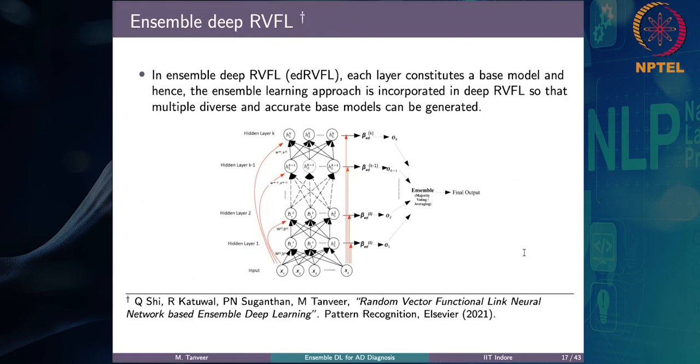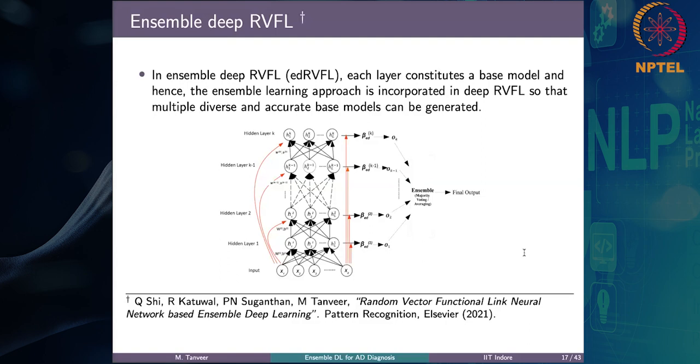So this ensemble deep RVFL essentially serves three purposes. One is that instead of using only the higher level representation, that is the feature extracted from the final hidden layer of the data, as we see in conventional deep learning for classification, this ensemble deep RVFL employs rich intermediate features